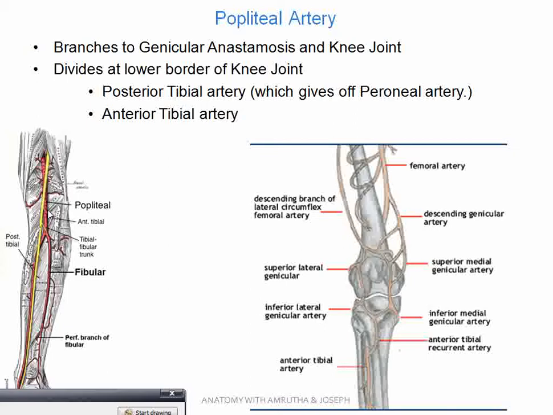The anterior tibial artery, which is given by the popliteal artery, passes through a gap in the interosseous membrane. The interosseous membrane is connecting the tibia and fibula, the bones of the leg. So just above that it enters and reaches the anterior aspect. So the anterior tibial artery can be seen between the tibia and fibula in this area. So the anterior tibial artery moves onto the anterior aspect, whereas the posterior tibial artery continues in the posterior compartment. The anterior tibial artery reaches the anterior aspect of the leg.